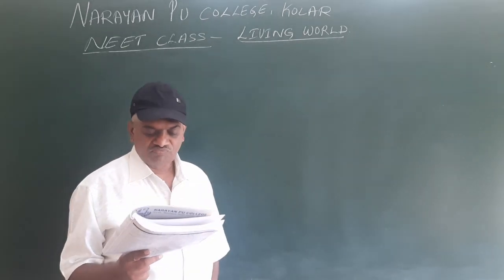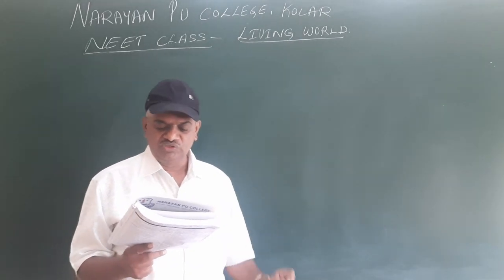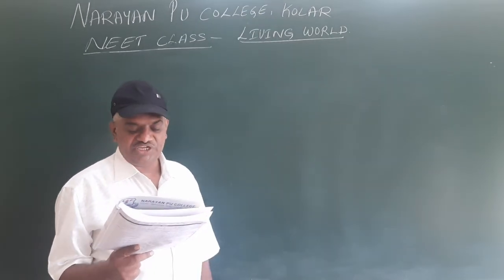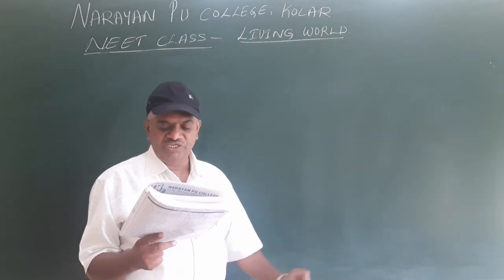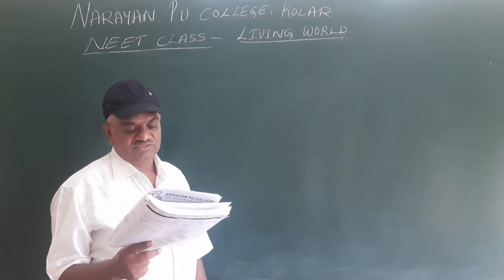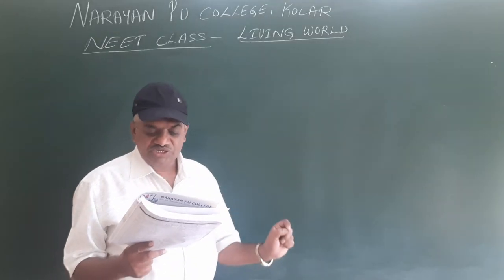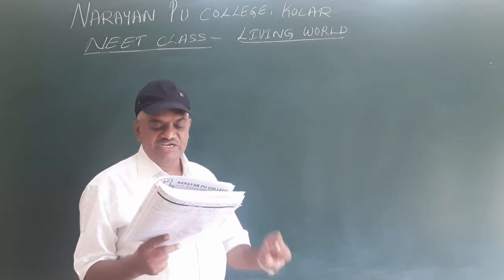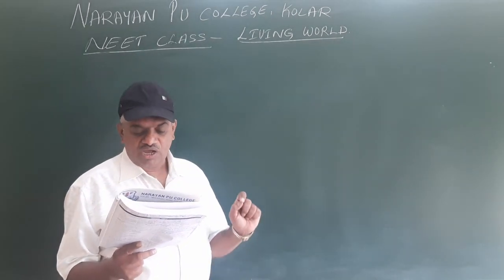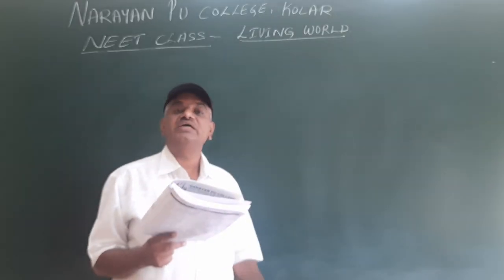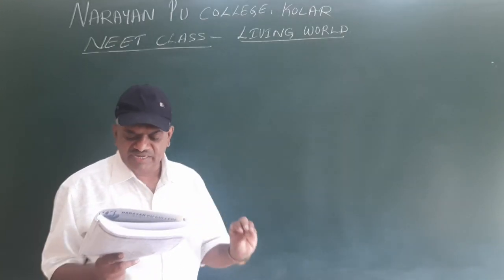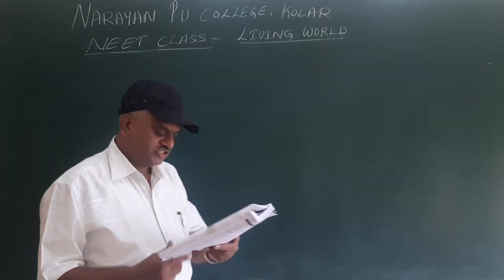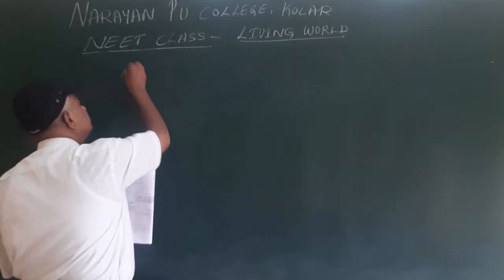39th question. Which are useful in providing information for identification of names of species found in an area? I'll repeat this. Which are useful in providing information for identification of names of species found in an area? One particular area, what the species have been identified. So this is the answer. So here the first option is called